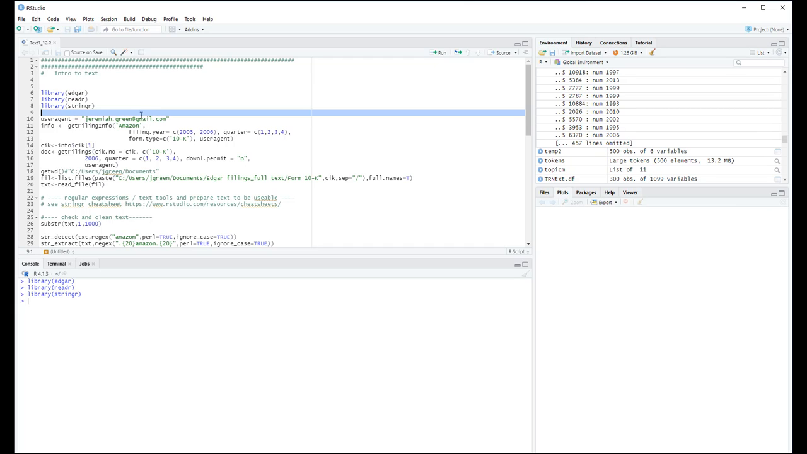So the first part is this user agent. You have to put in your email. The reason for that is the SEC has started to crack down on using these sorts of packages, and they want to make sure it's a real person, and they can also track who is doing it so that they can limit if someone is overusing these requests. So you probably don't want to do this and run thousands of these very quickly, because then it'll kick you